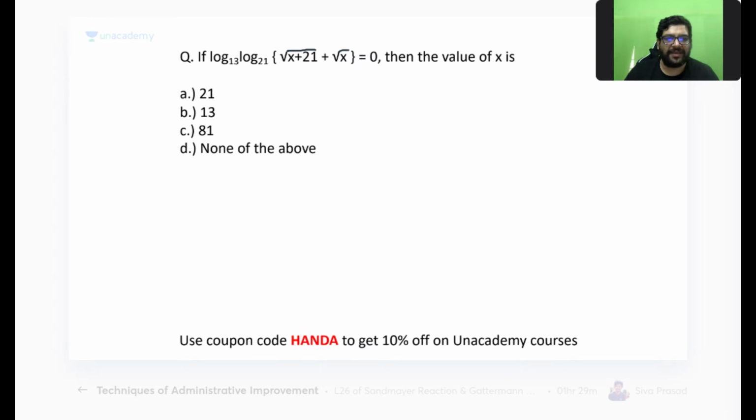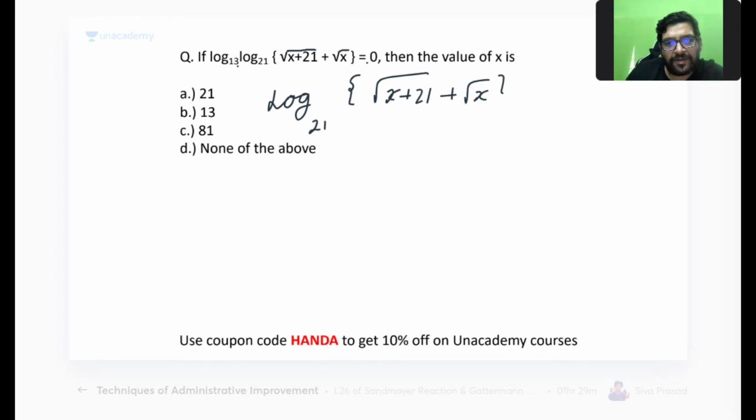Any ideas, any suggestions? Apply the same idea that we used in the previous question. Exactly the same idea. So here, this 13 goes to the other side. My question will become log of 21 bracket root of x plus 21 plus root x is 13 to the power 0, which is 1,